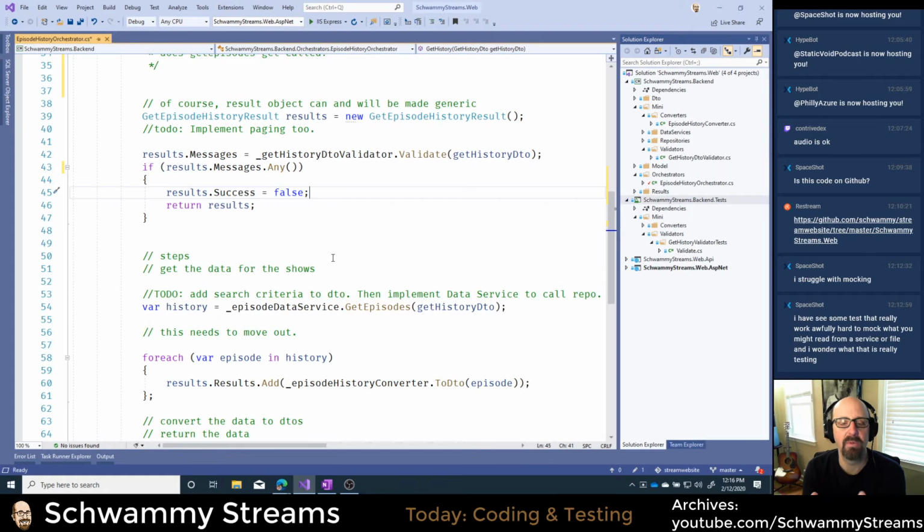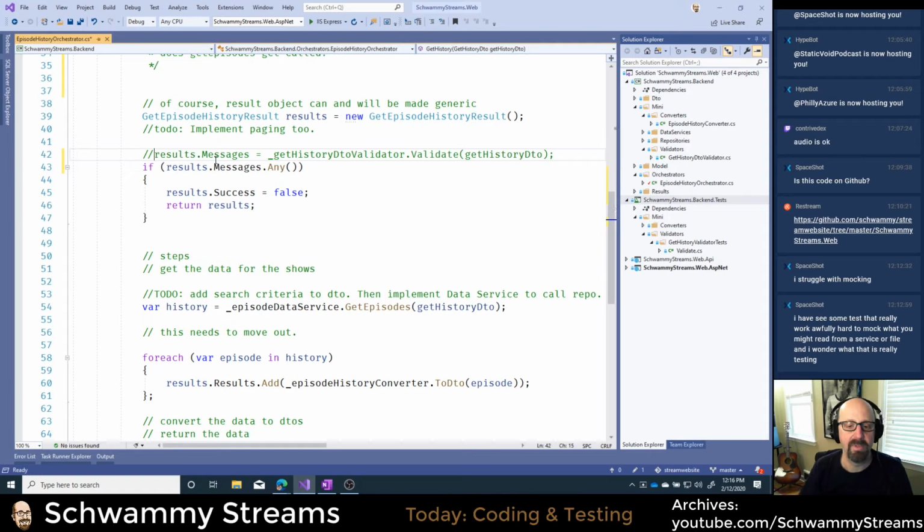So what I mean by that is it's great to have these tests that are going to give me a safety net when we make changes. It's great to know that these tests are going to work. I could go write some other code and put something in here, and by mistake, I might break the control flow, and maybe this validator is not getting called before the episode's data service or something like that. So I could break the flow of that. So the unit tests will continue to show the developers what my original intentions were if they make changes and they take this out for whatever reason.